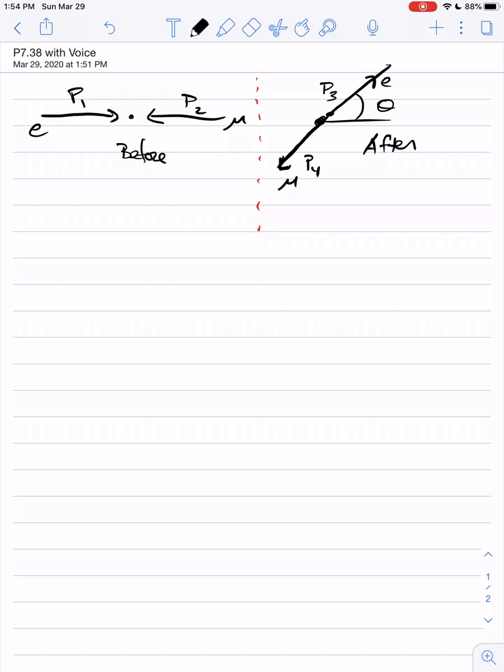I think it's worthwhile now to write down our four momenta so that we can bookkeep all this, and then we'll consider a few important quantities that we're going to need for our spin average calculation. So starting off, P1, the four momenta for the electron, of course it's got the time or zeroth component E over C, and we'll say that the initial momenta for the electron is Pi, okay? And so therefore obviously P2, again, this is elastic scattering in the center of mass frame, so energy is conserved, and the momenta of our muon is equal and opposite to that of the electron. So that's before, and then after